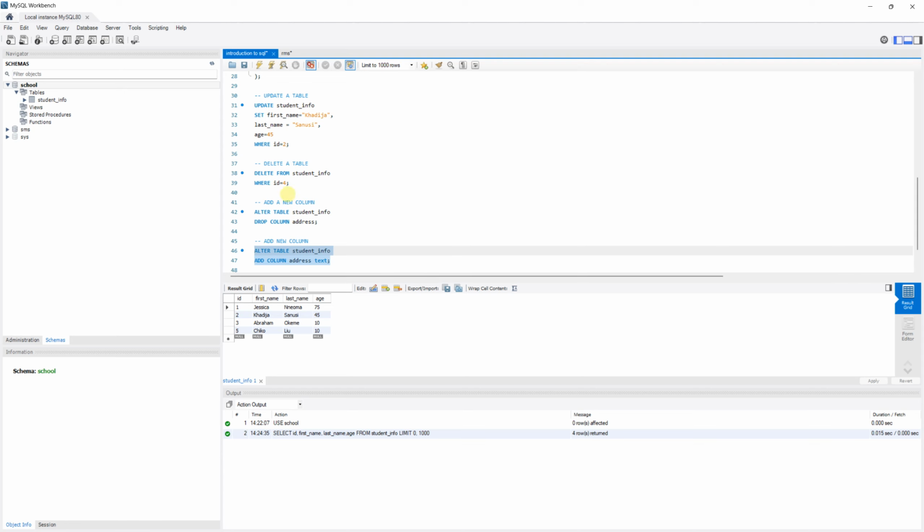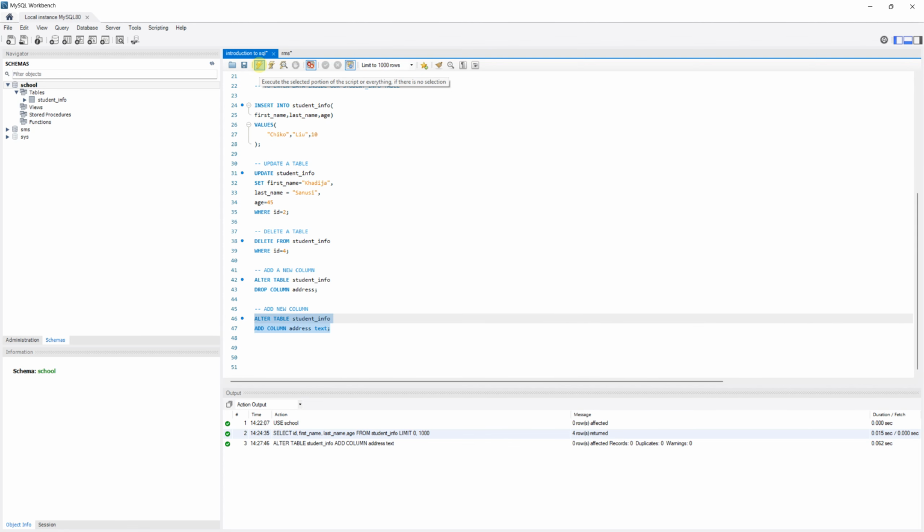Then you highlight the syntax you've written, your instruction, then you click on execute, or you can say Control Enter and it's going to execute. You can see ALTER TABLE student_info ADD COLUMN address, then the data type text, rows affected 0. Once it shows you this green tick, like I said earlier, it means that you are successful in executing